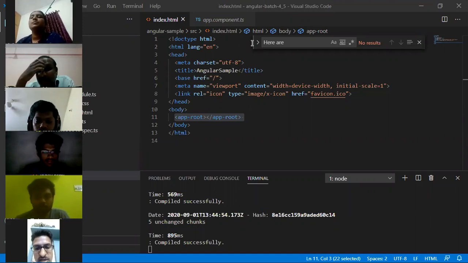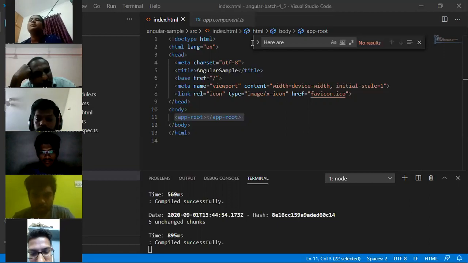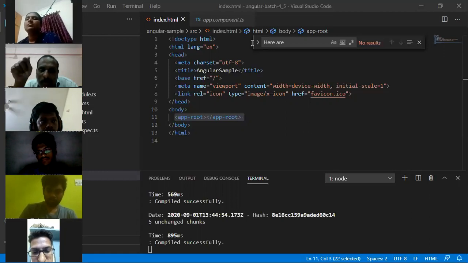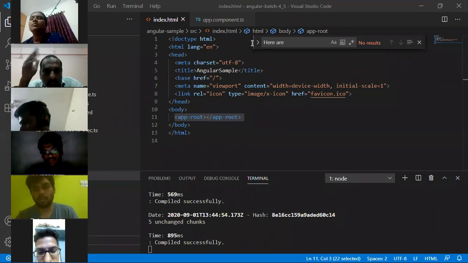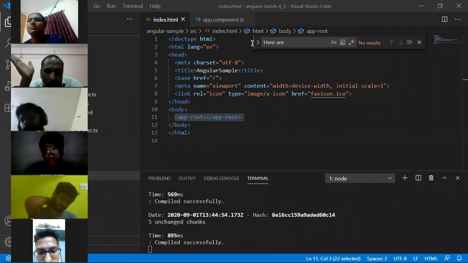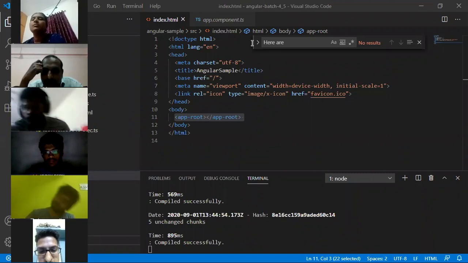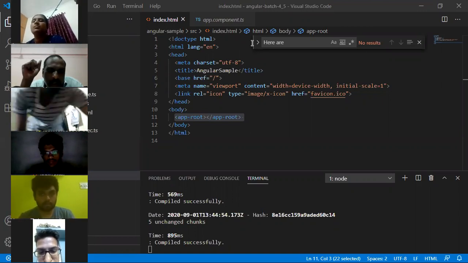Sir, what are the system requirements? RAM, how much should be there? It is better to have 8 GB RAM. If it is 4 GB also, that is fine. But make sure that your processor is fast. RAM anyhow you can change. If it has 4 GB and you have a slot, you can extend it to 8 GB. But what is important is the CPU. So make sure to use a good speed computer, otherwise you will face difficulty when you are coding in Angular.